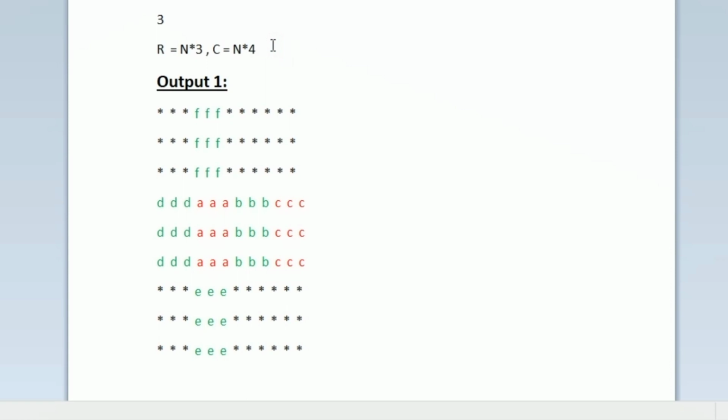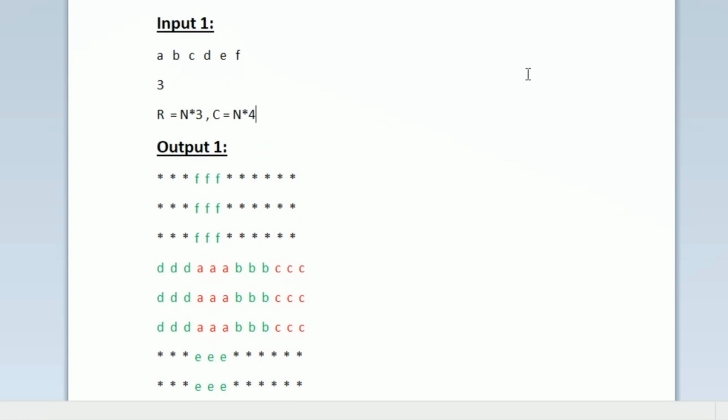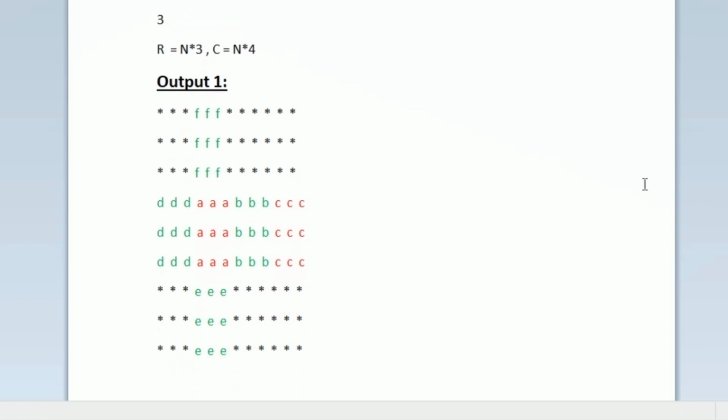So now we have to iterate through every n cross n submatrix in this particular matrix, and we have to fill the characters. So the first submatrix will always be empty. Not only in this case, but in every case, the first submatrix will always be filled with asterisks. And in the second submatrix, we will be using the 6th character which we are given as input. So totally we are given 6 characters. In this case, we are given A, B, C, D, E, F, and in the second submatrix, we will be using the 6th character which is F. So the second submatrix is filled with F, and then the third and fourth submatrix will always be empty. So we should fill those with asterisks.